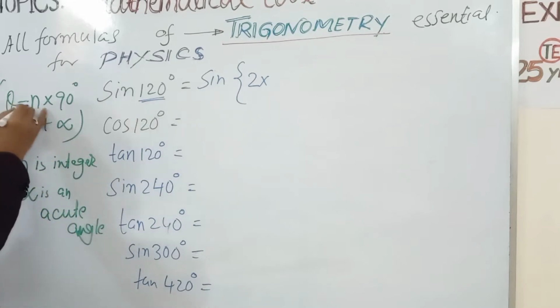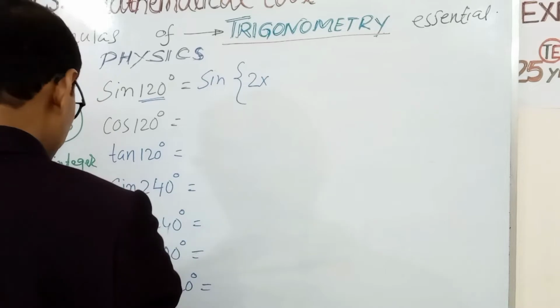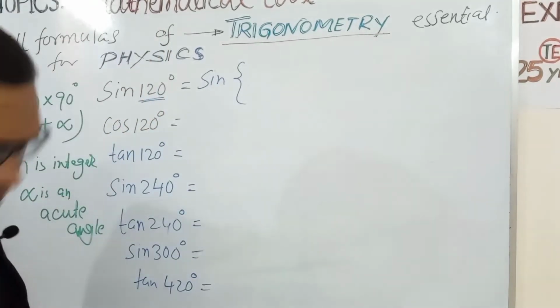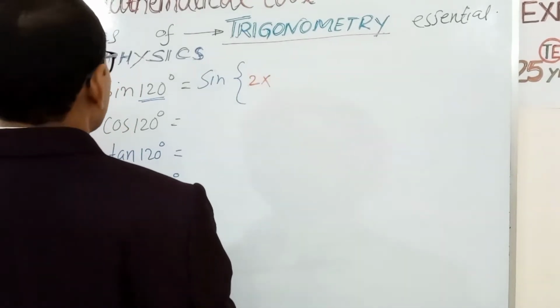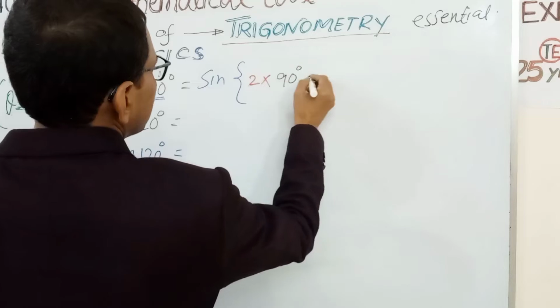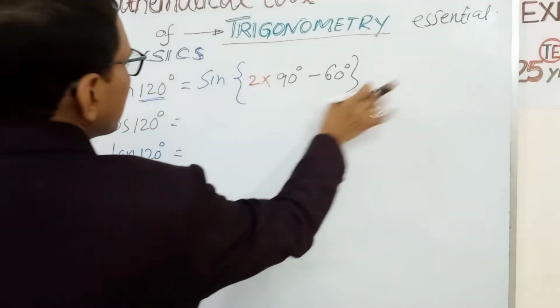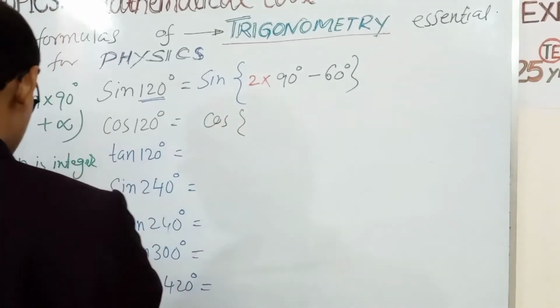So you have to express the angle in this form. So 120 degree we can write as 2 into 90, 180 minus 60 degree, or we can write 1 into 90 plus 30. Anyway, cos, again cos, this equals 2 into 90